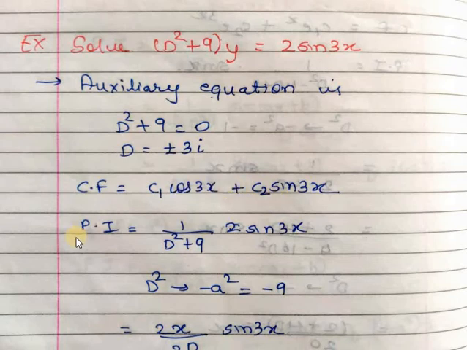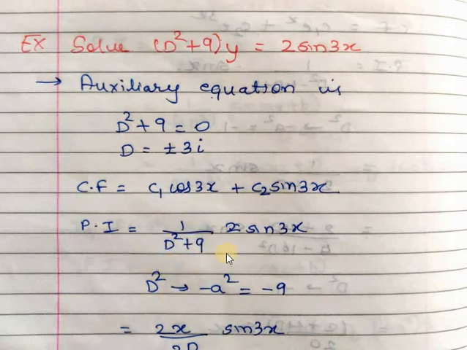Now we will find pi, that is the particular integral, which is given by 1 divided by f of d. What is f of d? It is d square plus 9, into capital X. What is capital X? It is 2 into sin 3x. So here, according to case 2 of pi, we will have to replace d square by minus a square. What is a? It is 3. So we will replace a by 3. So here d square is equal to minus 9. If we replace d square by minus 9, then the denominator is 0. So if the denominator is 0, then we will have to multiply by x and take the derivative of the denominator.